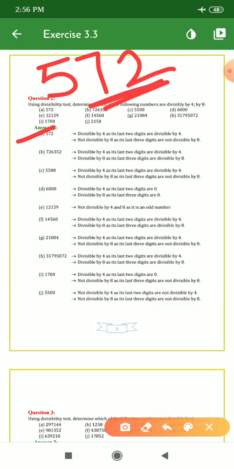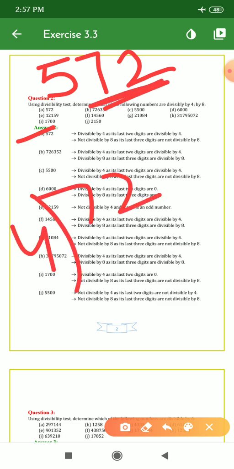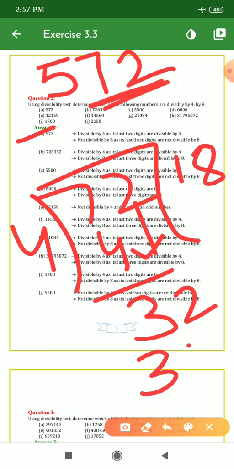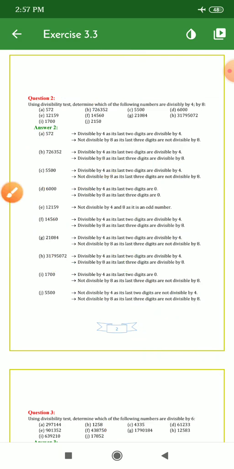See, you check these 2 numbers whether it is divisible by 4 or not. 4 1 is 4, 7 minus 3 is 3, 7 minus 4 is 3, this is 2, 4 7 is 28, 4 8 is 32. So here is 0. So it means it is divisible by 4. So it is yes. Now we check the divisibility rule for 8.